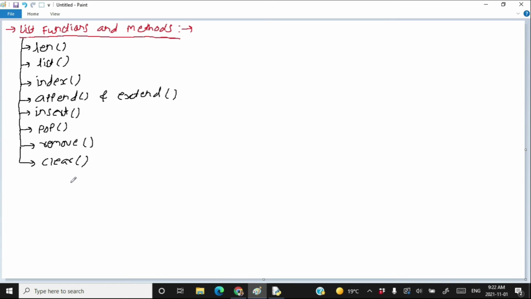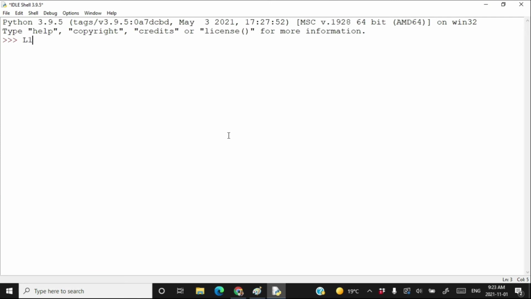Clear method removes all the items from the list and the list becomes empty. Let's try the clear method practically. Say we have a list L1 is equal to 2, 3, 4 and 5. Press enter and let's find the ID of L1.